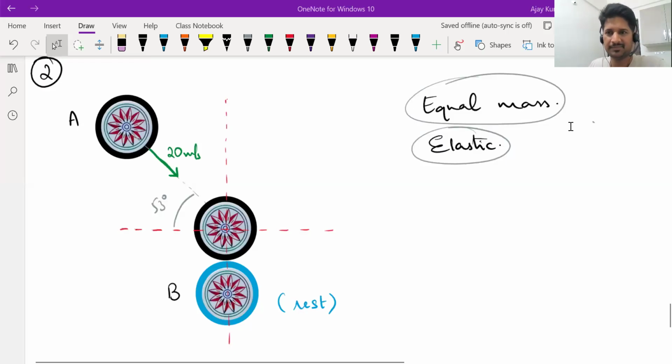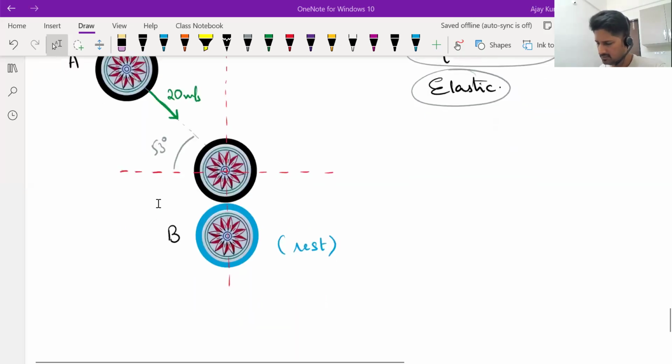Any answer, anyone? The velocity of object A is 12 i cap and the velocity of B is minus 16 j cap. Okay, 12 i cap minus 16 j cap. We'll see. Now see, just before collision,